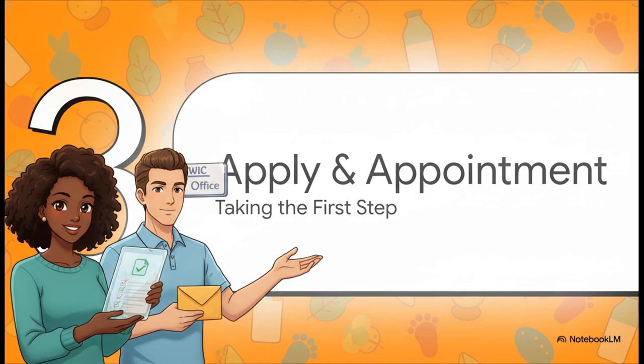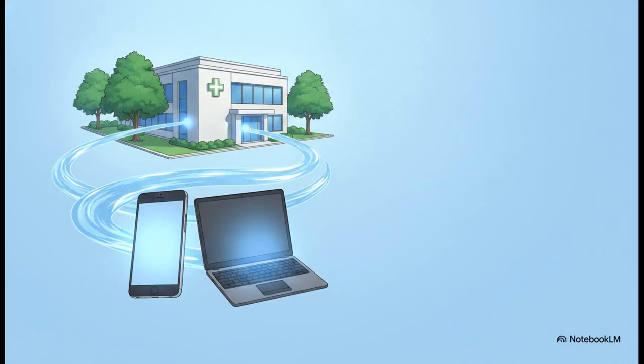Moving on to Section 3, applying and your appointment. Taking the first step. Sarah's got her documents ready, so it's time to actually take action. You essentially have 2 primary ways to kick this off. Sarah can hop on to the Minnesota Department of Health's secure RedCap portal and just apply online, or she can simply call